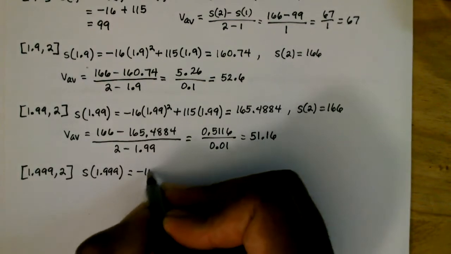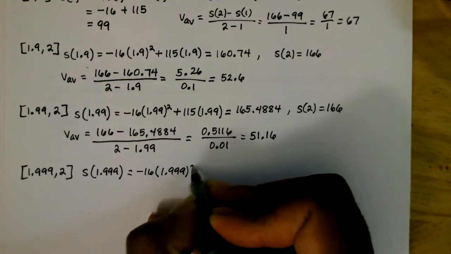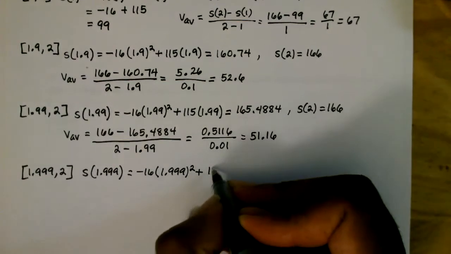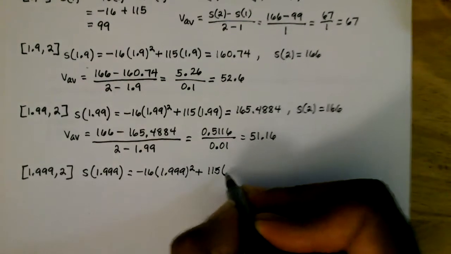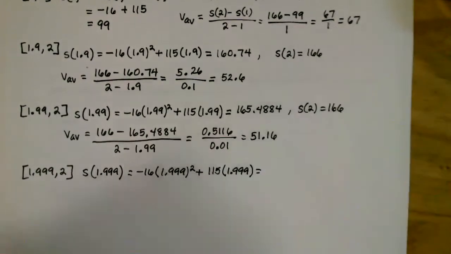So this will be negative 16 times 1.999, and that's squared, plus 115 times 1.999. All right, so pretty much if you get the picture,